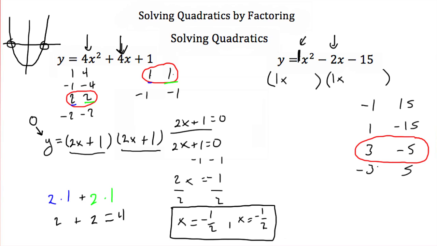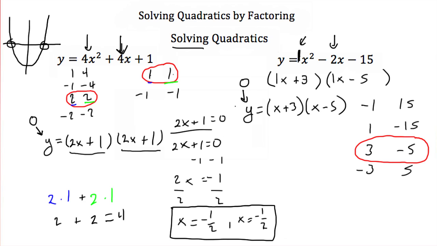And if we add them, positive 3 plus negative 5 would be negative 2. So what we have here is a plus 3 and a minus 5. So our factored equation then is y is equal to x plus 3 and x minus 5. But we're trying to solve this, so what we do is we set y equal to